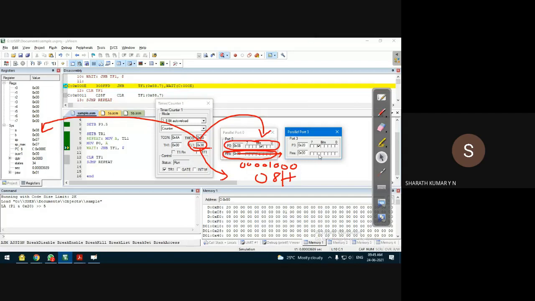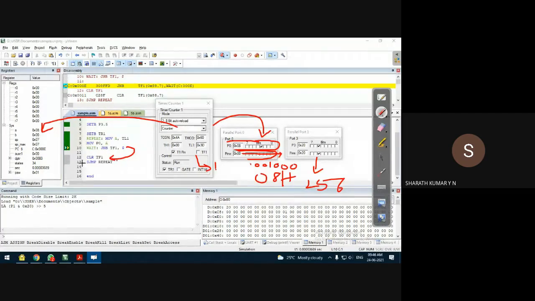Now this is not possible; it will take a lot of time. Anyway, when we give 256 clock pulses through this P3.5, then TF1 will be set to 1. Then the program will come out of this loop, clear the overflow flag, and the same operation is repeated. That's how it is.